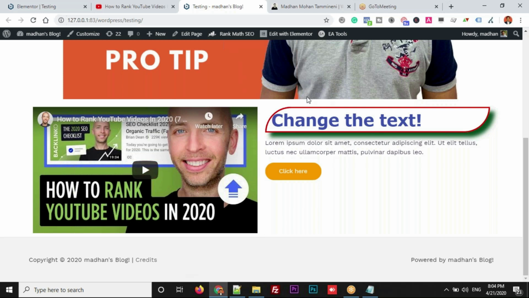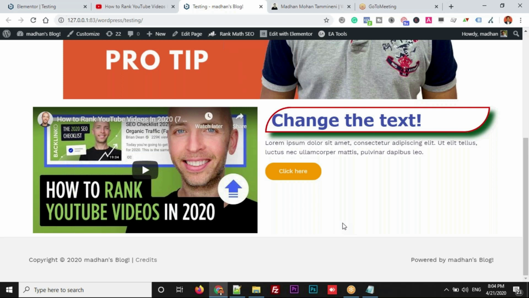And don't worry, if you are creating a page with Elementor, then all the elements by default will be auto responsive. Some edge cases will be there based on the type of content that you add and the sizes of the images and everything.